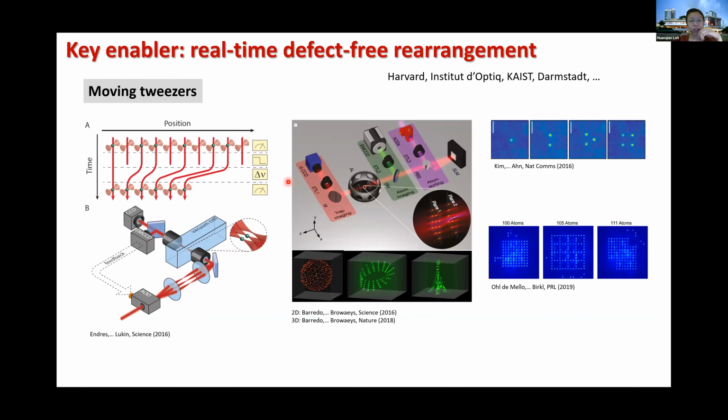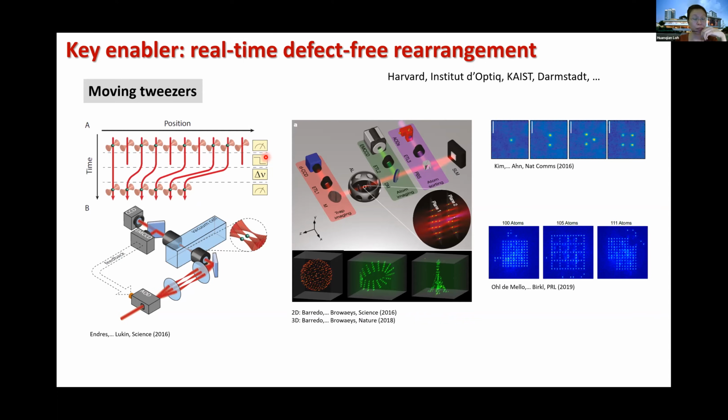So one of the key reasons why the tweezer arrays have really exploded in the last few years is a key enabling technique that was demonstrated in 2016 or so, which is the ability to rearrange these atoms in real time in a manner that gives you defect-free atom arrays. And this defect-free part is actually very important because it turns out that when you have an array of, say, 100 tweezers over here, you're only stochastically going to load maybe about 50, maybe 60% of these tweezers,